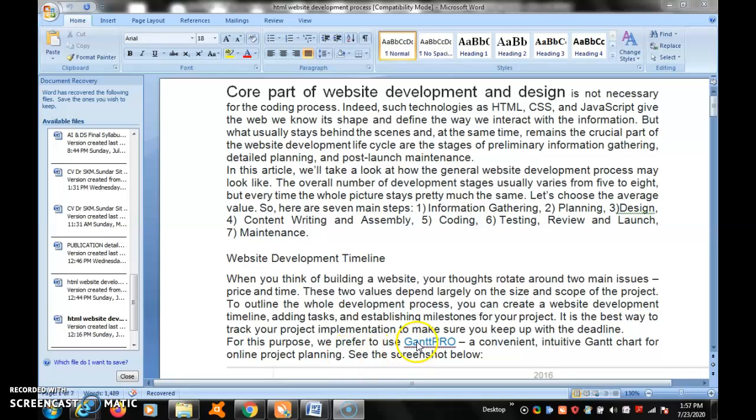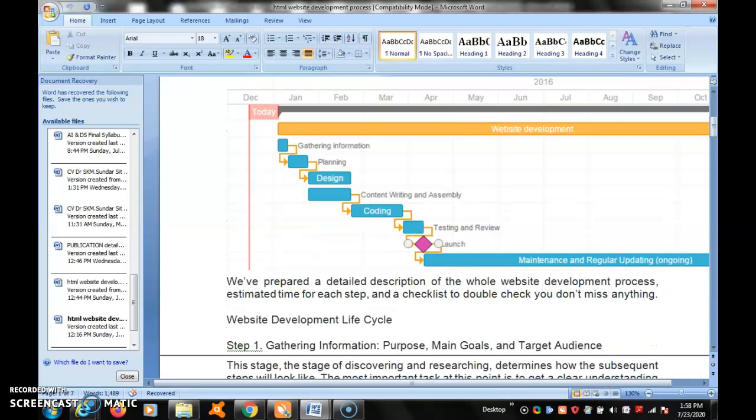Here is the Gantt chart, an intuitive Gantt chart for online project planning. The screenshot is given below. This screenshot shows a December to October timeline. It is 2016, as an example.